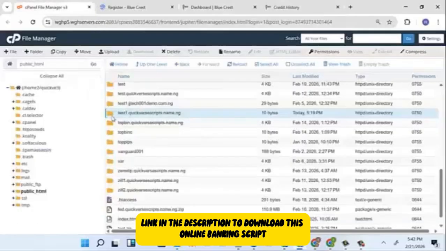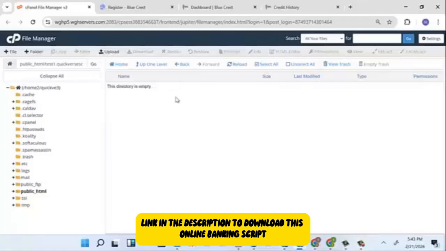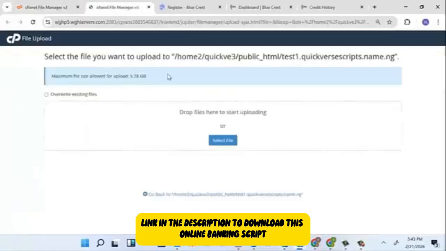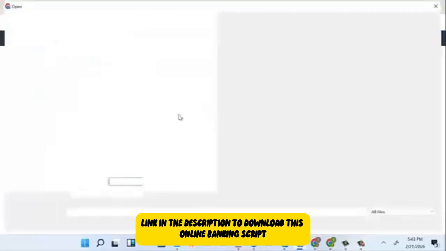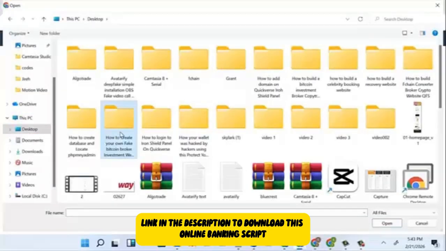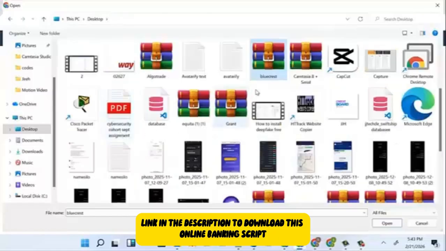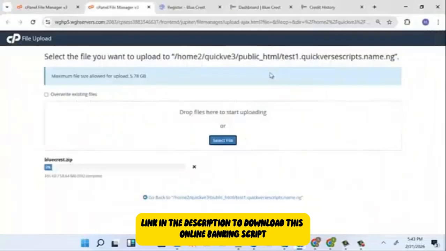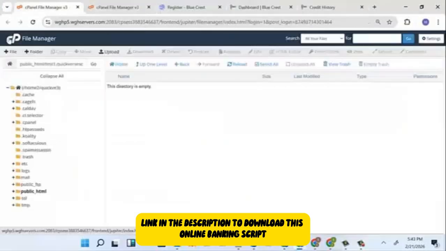So let's look at a quick view on how to do this. I'm going to be using this as my public HTML. I come to upload. I come to select file. Click on request. While this is loading up, we come to our main